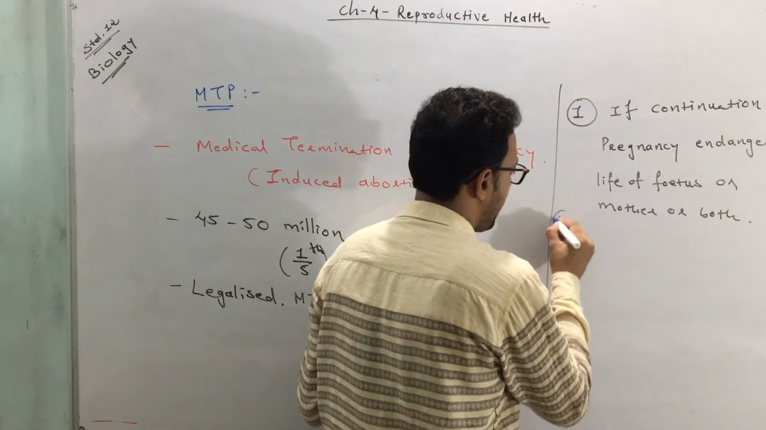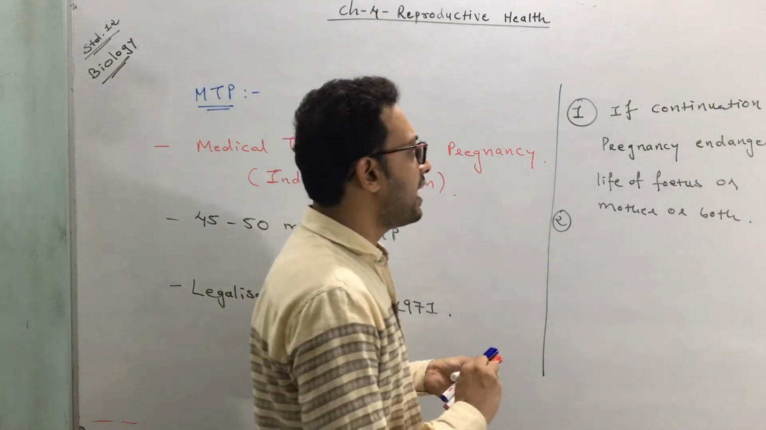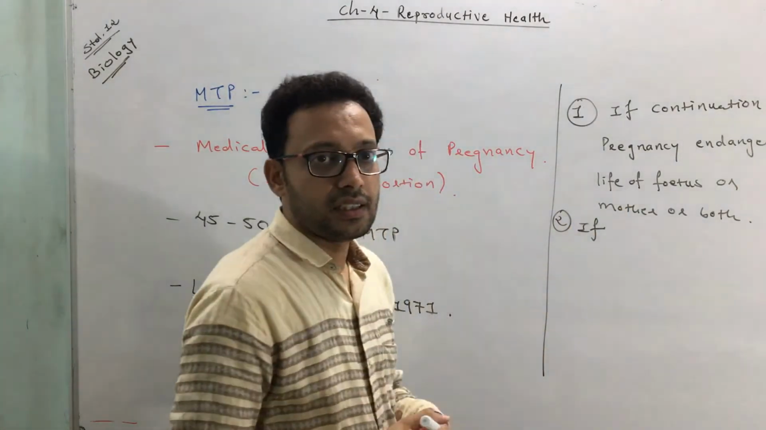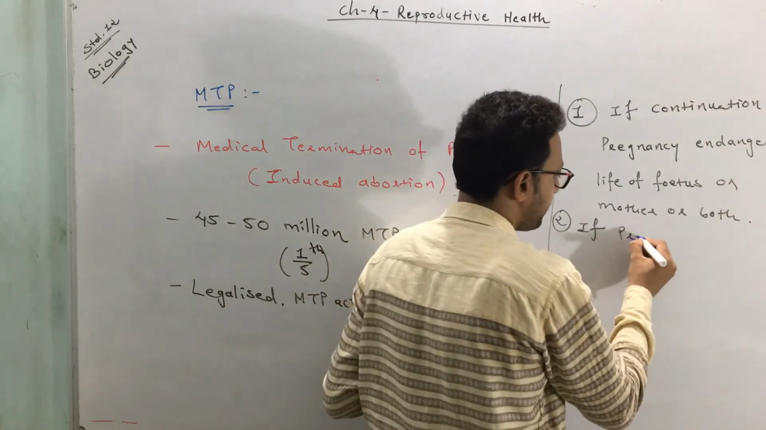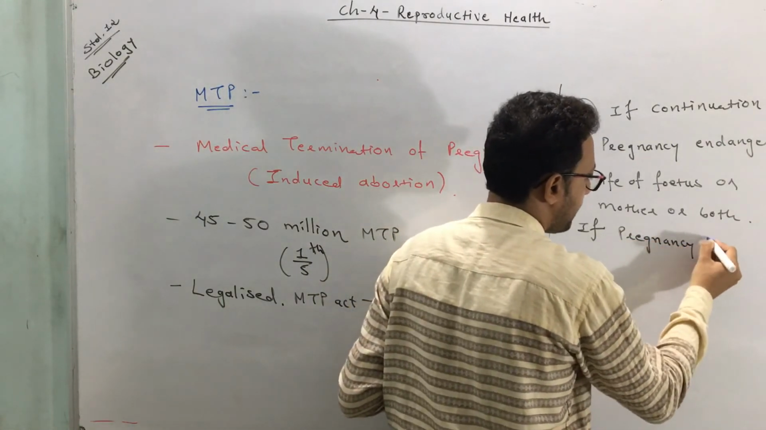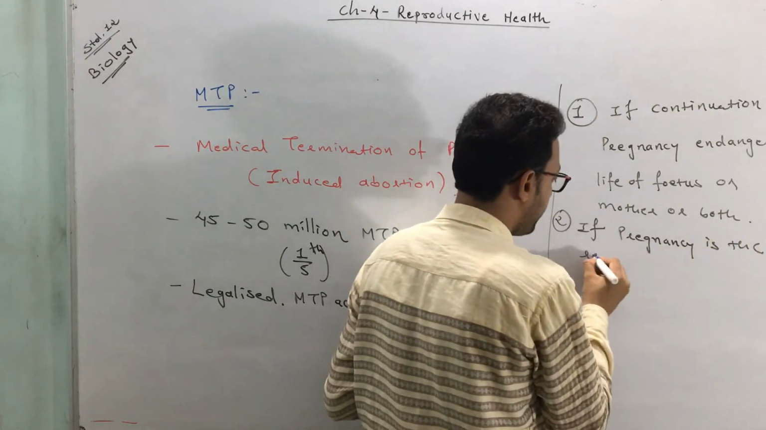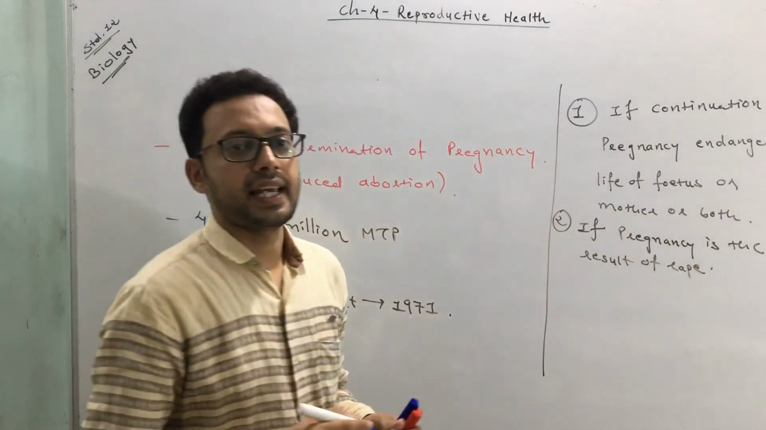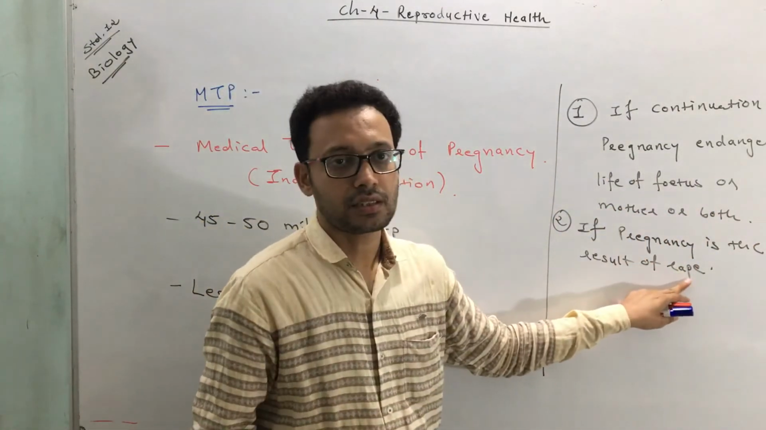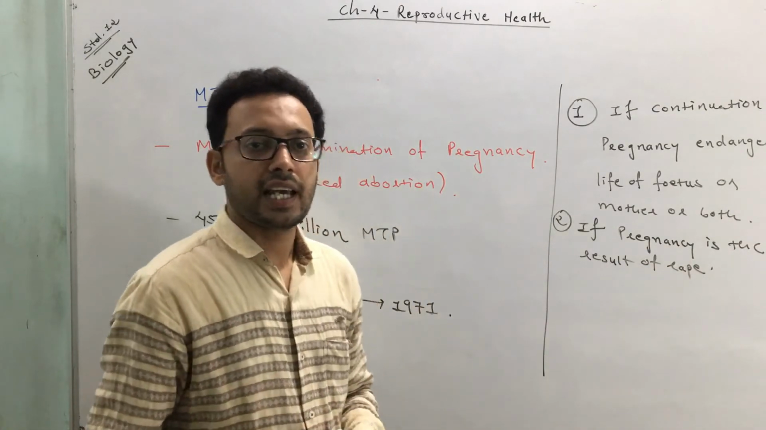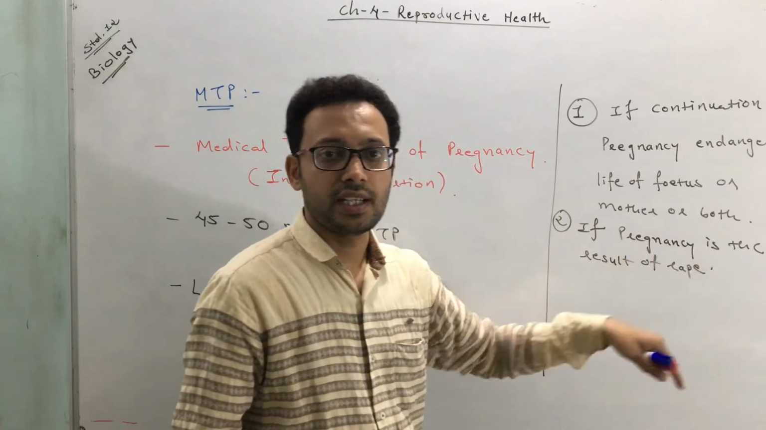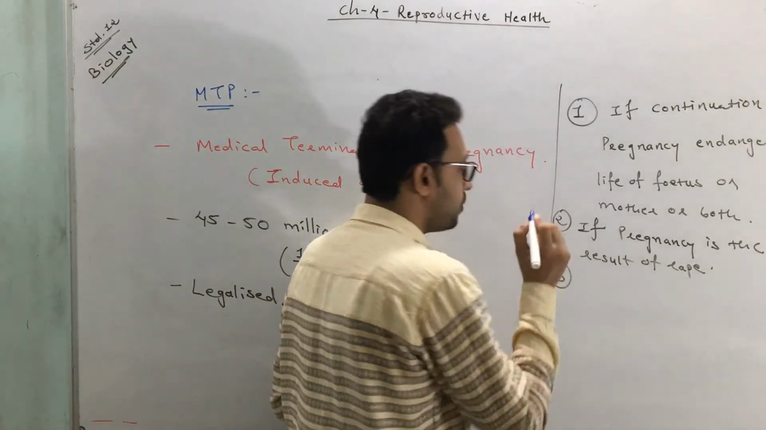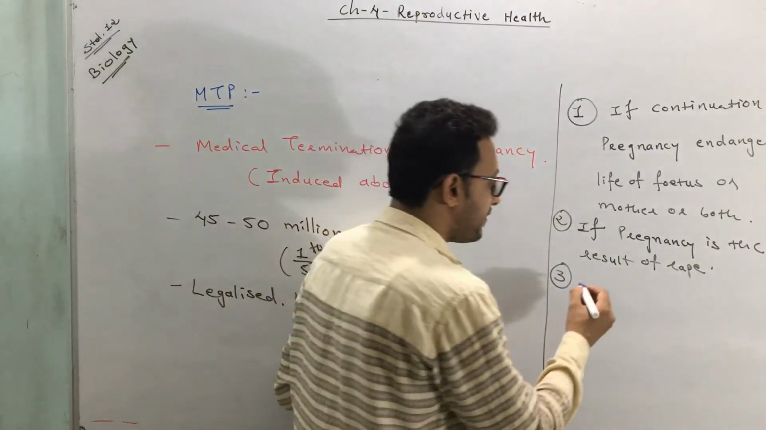The second case where MTP is allowed is if the pregnancy is the result of rape. In this case, the MTP is allowed. Rape is unwanted sex, and if the pregnancy arises due to this, then the MTP is allowed. Third case in which MTP is allowed,